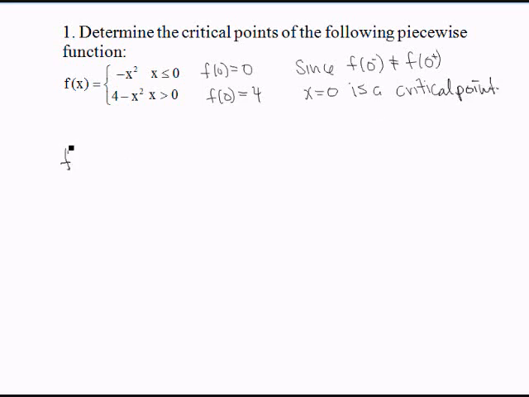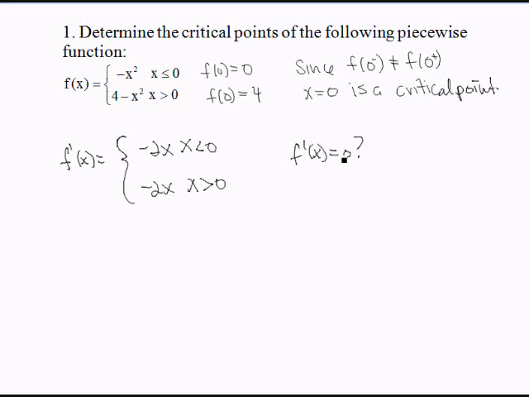Now let's consider the derivative. So we'll just take the derivative of the piecewise function by differentiating each piece. So this is negative 2x for x is less than 0, and this is also negative 2x for x is greater than 0. We've already determined that at x equals 0, the function is not continuous, so we don't need to consider if it's differentiable at x equals 0, because we already know it's not, since it's not continuous there. F of 0 is 0 and f of 0 is 4, which is not the same for the left and right hand values. So I really just want to know, is f prime of x equal to 0